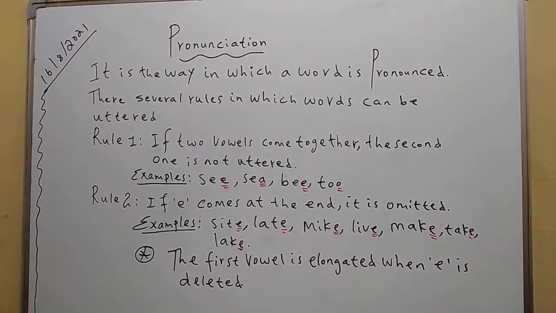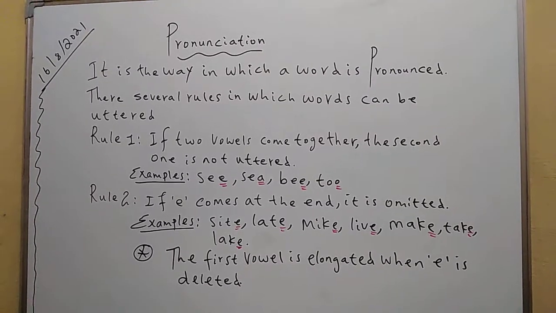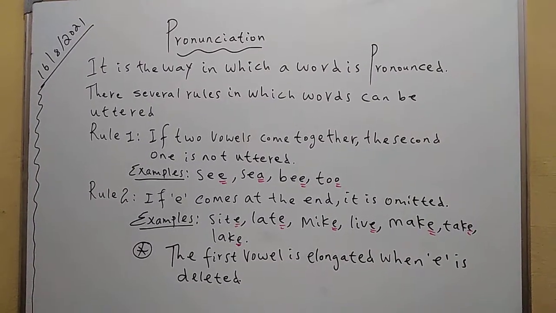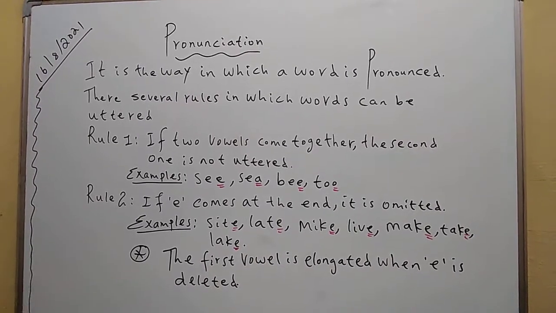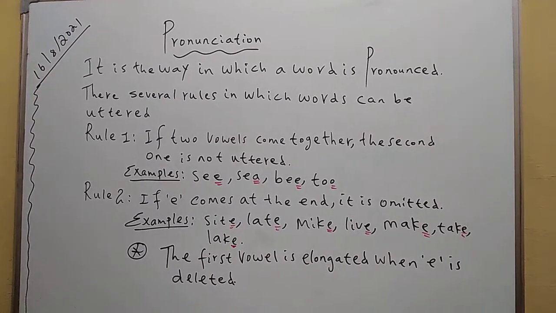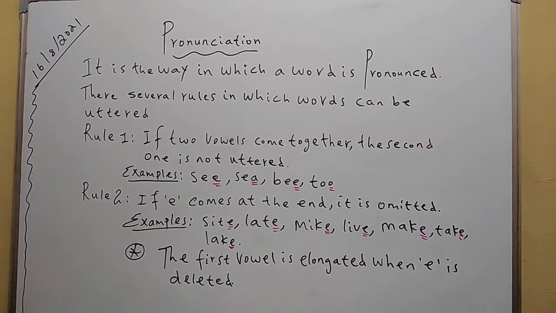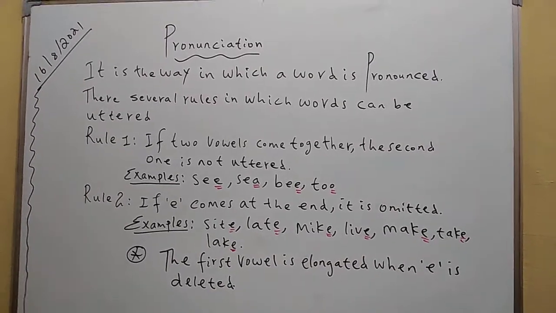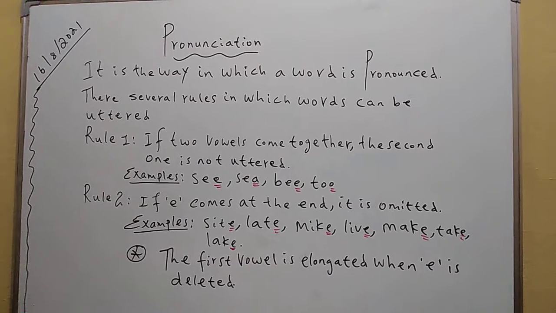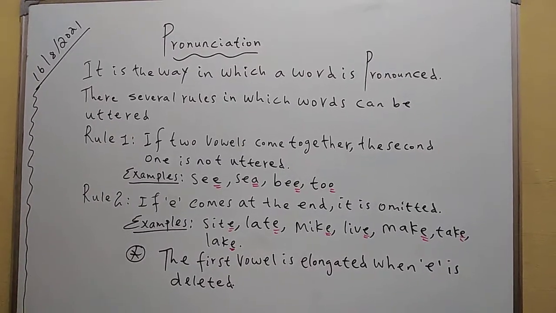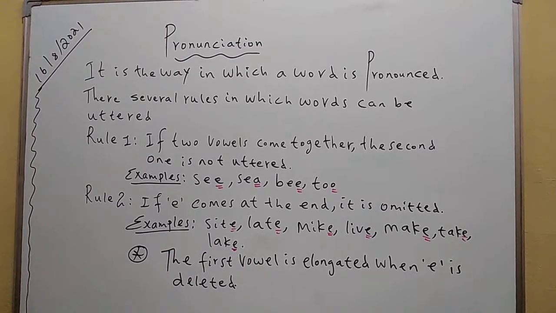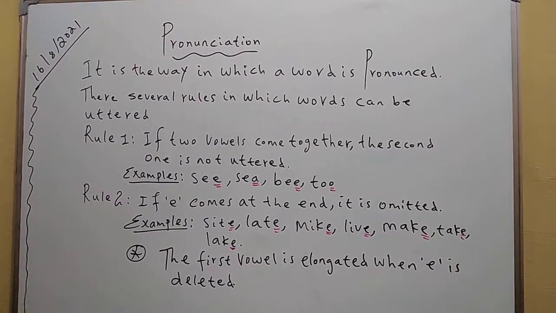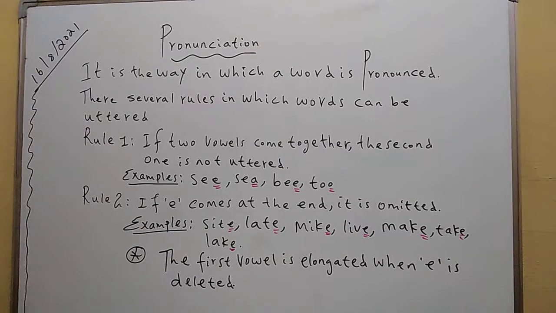For example, "see", right? The first one, S-E-E, see. And then the second one, S-E-A, sea. Of course, they have the same pronunciation, the first one and the second one. And then the third one, B-E-E, which is "bee". Of course, it is similar to "be" only. If it's "be" only, we do have only one vowel sound, that's normally one vowel, so we don't have to